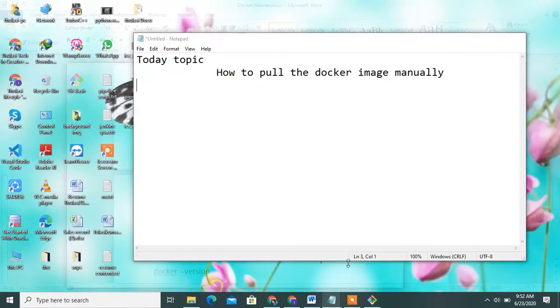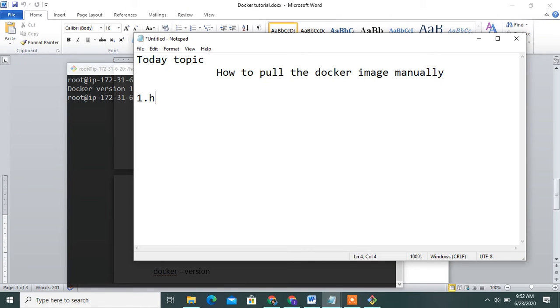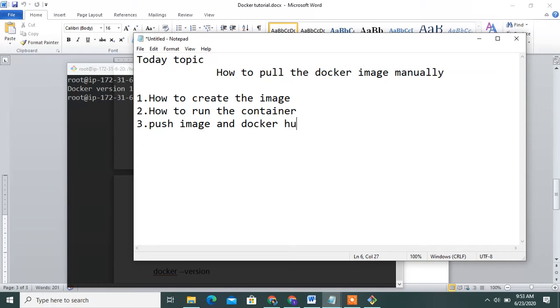Today's topic is how to create the image and push the image to Docker Hub. These topics are explained today.